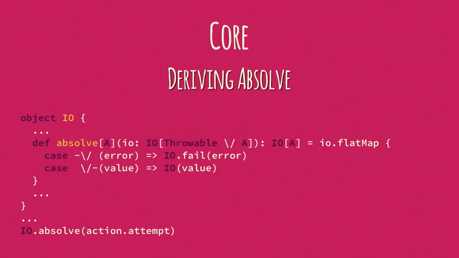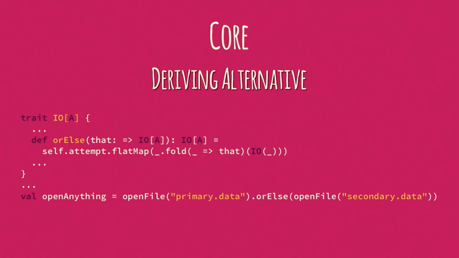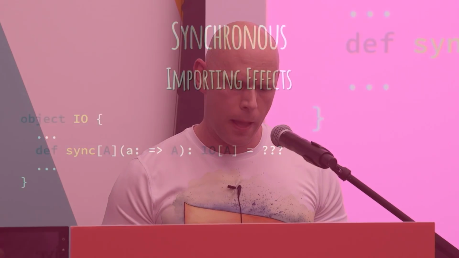And this we derive. We can also, using just the stuff we've seen to date, create this orElse combinator, which will do this I/O of A, or if it fails, it's going to try to do the other one. This allows you to create actions that represent recovery. Either we're going to open the primary data file, or if that fails, we're going to open the secondary data file. And look at how clean and elegant that is. Me just building data structures. Open this or else open this. And this is derived in terms of the other ones.